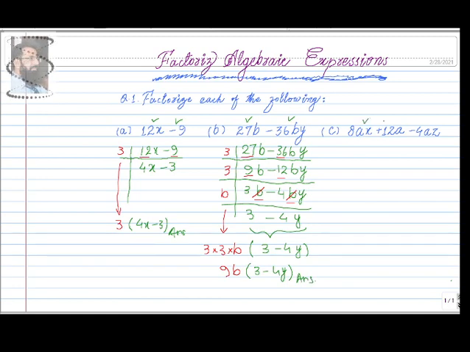Now similarly, if we look at the third example, there are three terms. We'll be applying the same method of factorization. We'll be writing these terms here: 8ax plus 12a minus 4az. Now what number would divide all these numbers 8, 12 and 4? The smallest prime number is 2, so we'll be dividing by 2, and what comes as a result, it gives us 2 4s are 8,